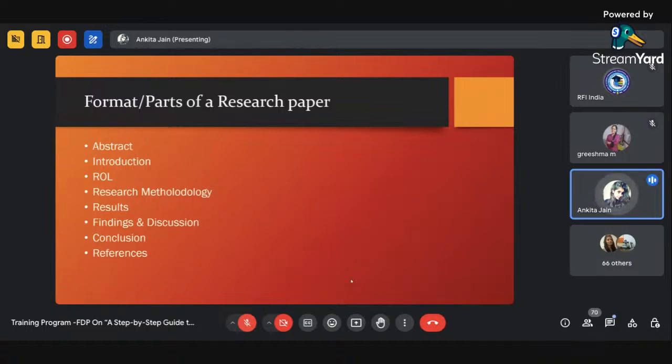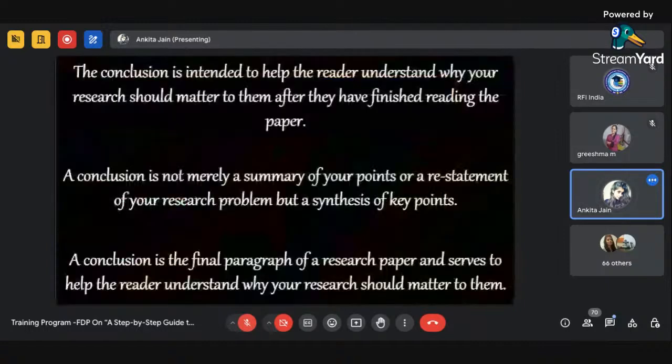And results comes whenever we are preparing any empirical paper where we are doing some analysis work. So data analysis and interpretations come in this particular chapter. Now I'm going to talk about the last one, that is conclusion. So the conclusion is intended